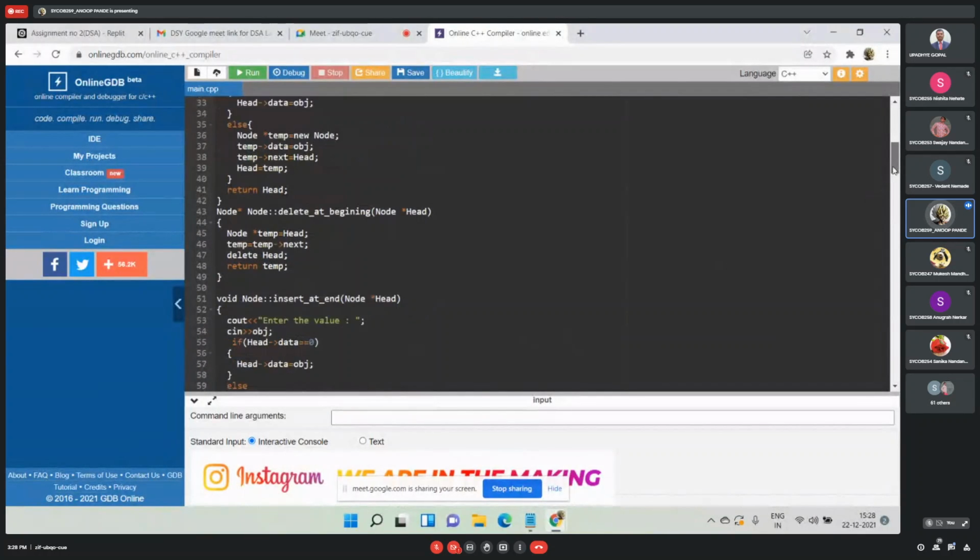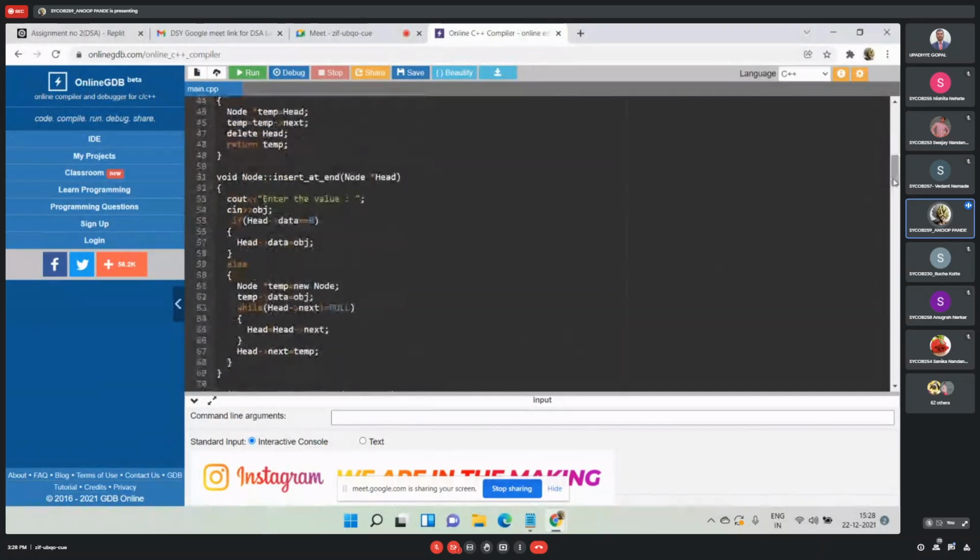Also, at the end, again we have to check a condition: if head to the data is 0 or null, then head to the data will be that item. Else the pointer temp will be the new node, and the temp to the data will be that object, and while the head to the next is not equal to null, so we have to...